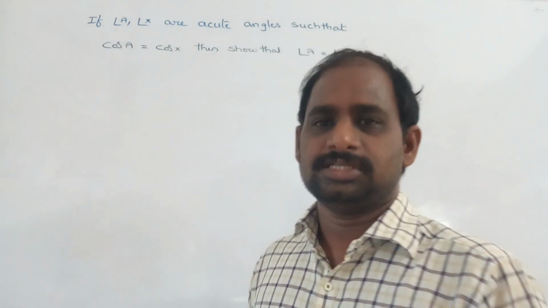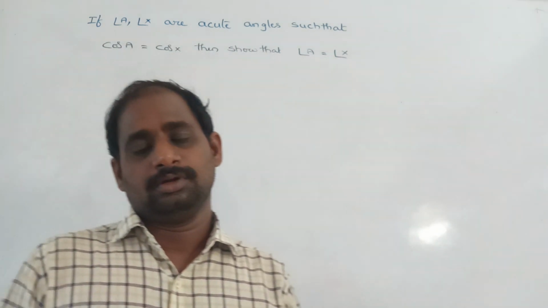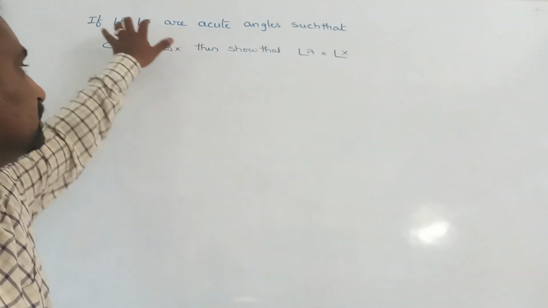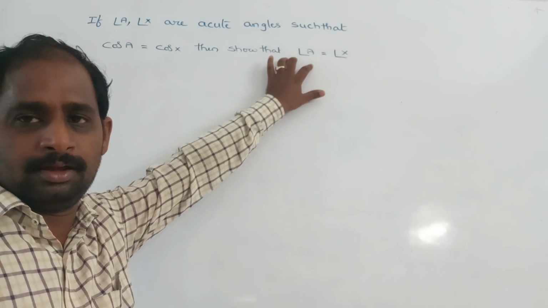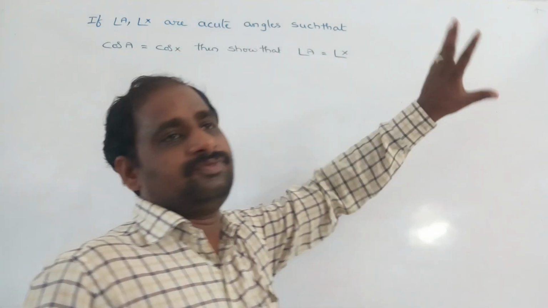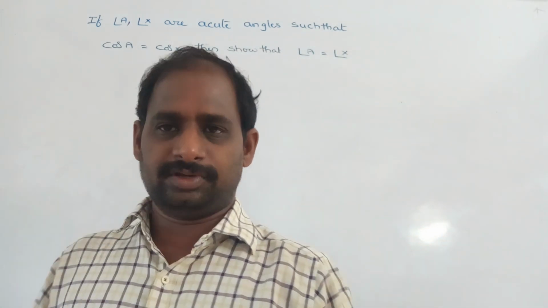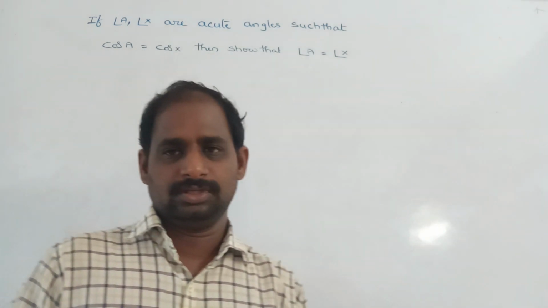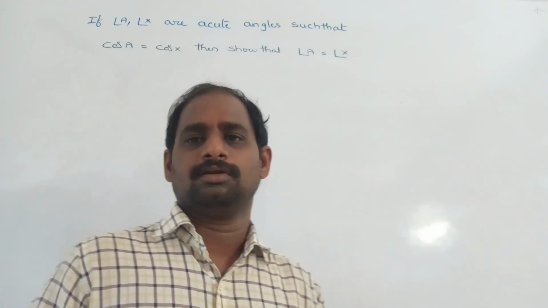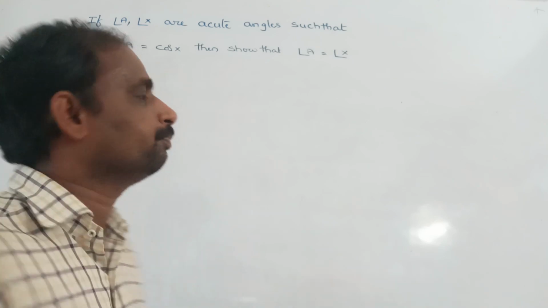Actually, why should we discuss this problem? In the state textbook they have given two triangles and the conditions as given like this. But in the CBSE textbook they have given only this. If the two triangles are mentioned, we have to do it in the way given in the textbooks. If the two triangles are not given, then we can go for alternate methods. That alternate method I am going to take now.